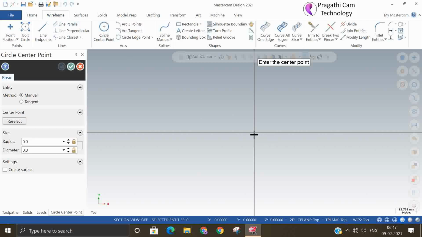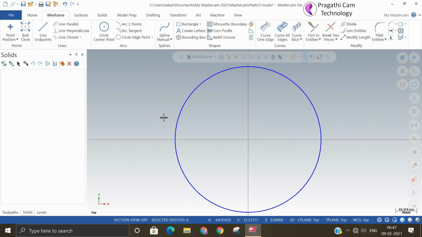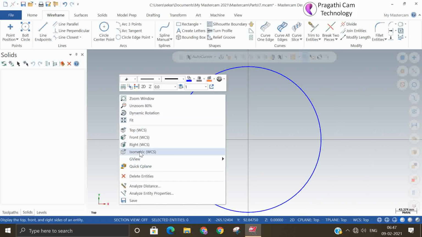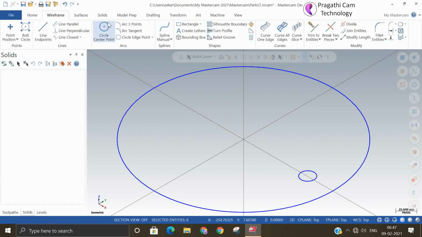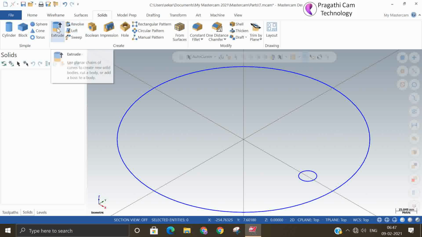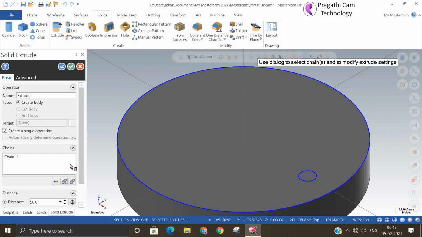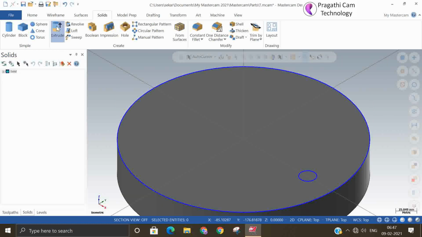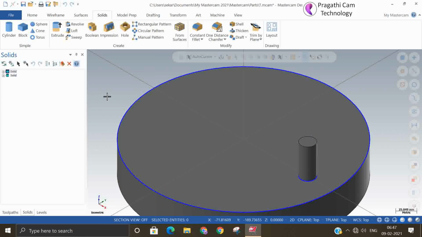Another is the manual pattern also available. So I come out of that previous model. So we'll make it again, no problem. Isometric. Again solid extrude. The base feature I will make it now, opposite direction. Now again I will extrude the smaller one. Okay. So now we go to manual pattern.